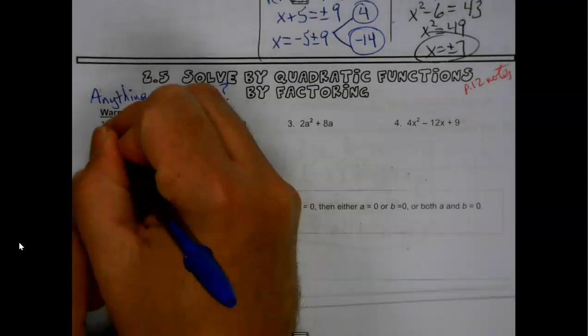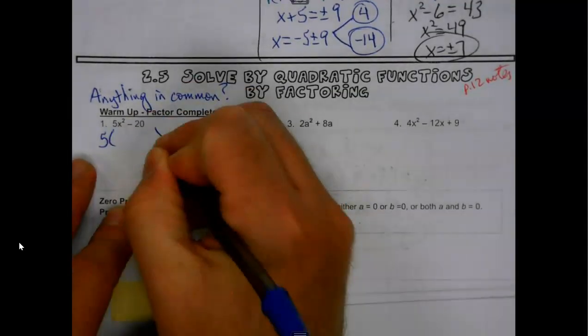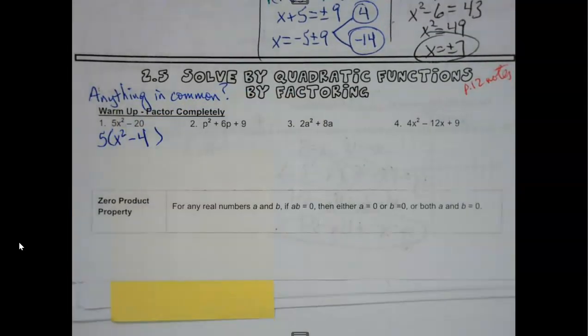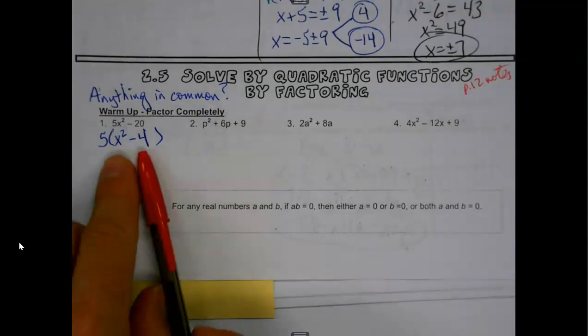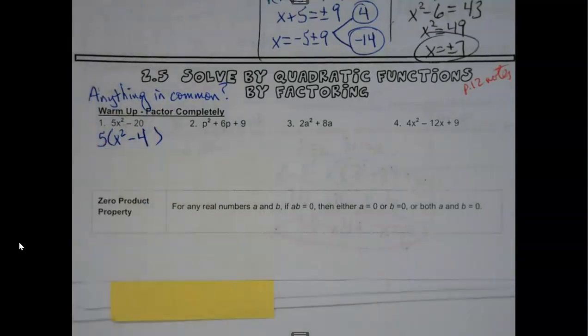Here, I can divide both of those by 5. Now, it doesn't mean the problem just became x squared minus 4. The 5's still there, it's just outside. And so if I divide that 5 into each of these, I get here. But I'm not done. Sometimes I might be done. We might see a little one later on. But whenever you're in two terms, usually either something's in common or, in this case, it's a difference of